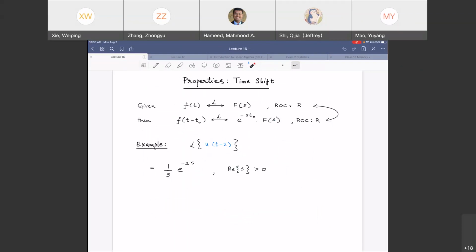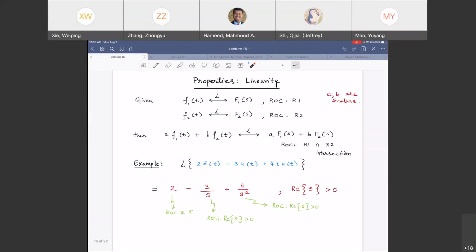Okay, so we are talking about properties of Laplace transform. We talked about the linearity property. We did an example. Just to remind you, linearity property: if the Laplace transform of f1 of t is cap F1 of s, and the Laplace transform of f2 of t is cap F2 of s, and both their regions of convergence are also given, then if you have scalars a and b for f1 and f2, the Laplace transforms of each of those signals will also get scaled by the same scalars a